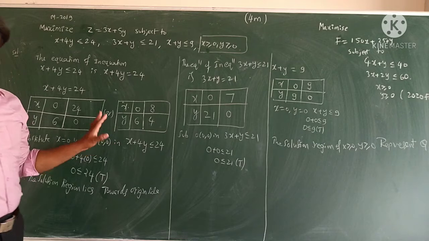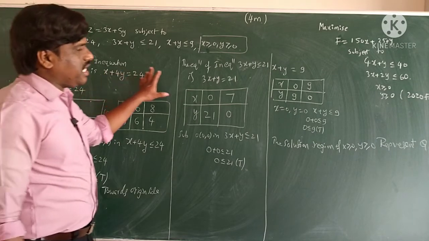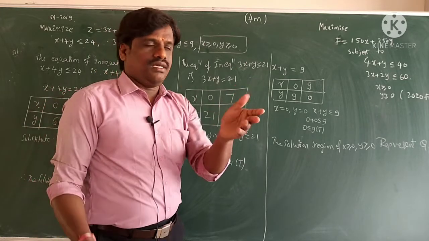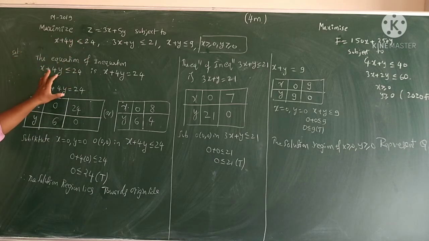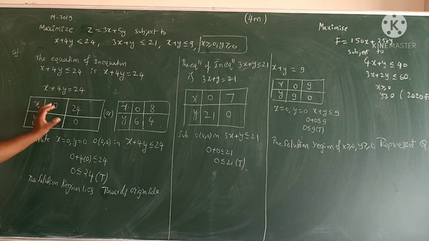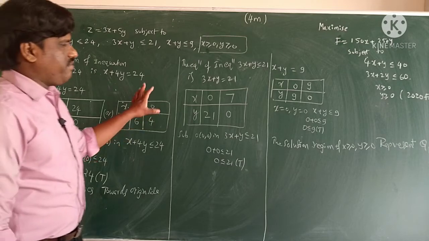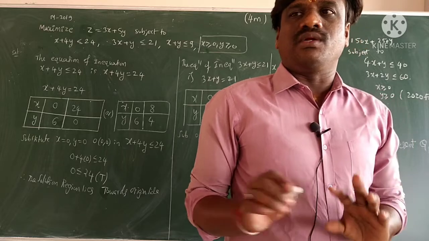So this is the theory part that you have to write. Now the theory part is over, then after that we should write the graph. First we took these inequations and made them into equations, then we found the ordered pairs of these, and then we checked whether the region lies towards the origin side or not, and we have written all these points. First note down these points, then we will draw the graph.